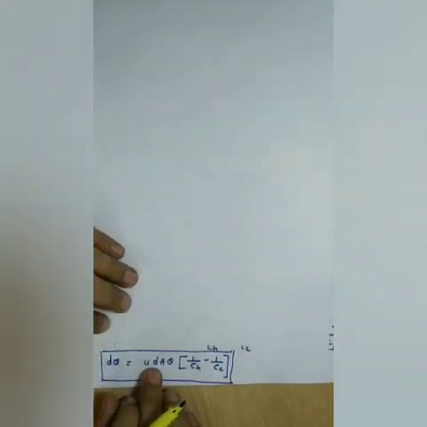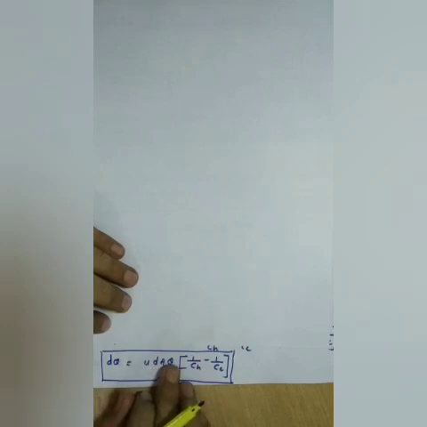Every assumption is valid in the case of both parallel flow and counter flow heat exchangers. If you look at the steps of parallel flow and counter flow, both are the same. If you know the derivation of the parallel flow heat exchanger, then it is very easy to learn the derivation of the counter flow heat exchanger. We can continue from where we stopped: d theta is equal to U dA theta 1 by Ch minus 1 by Cc.